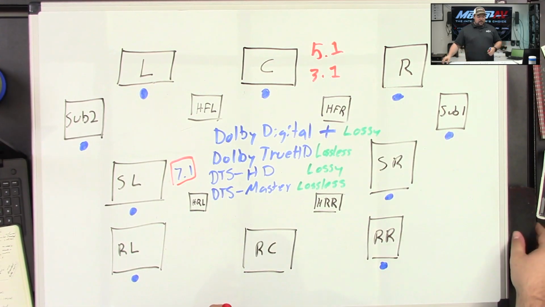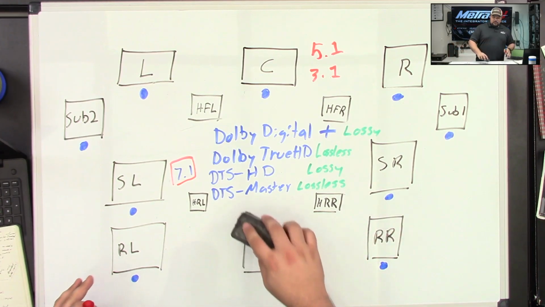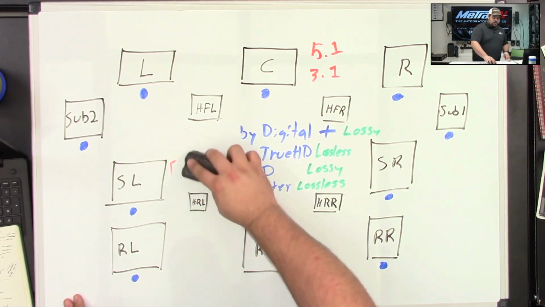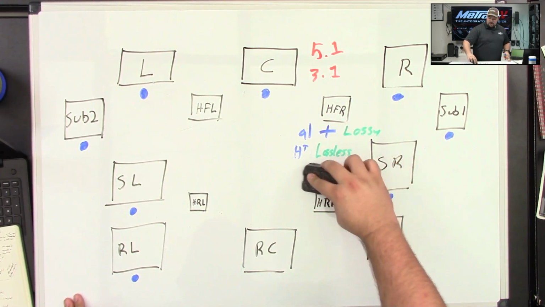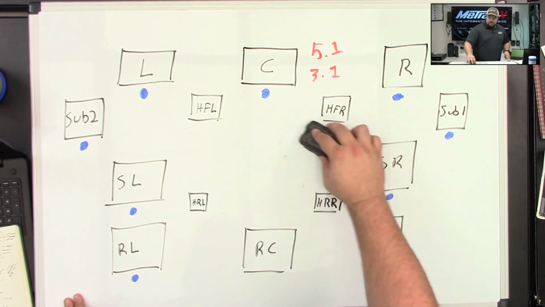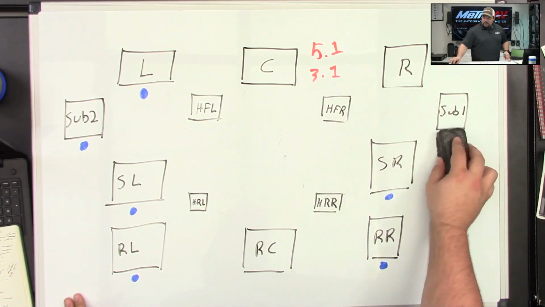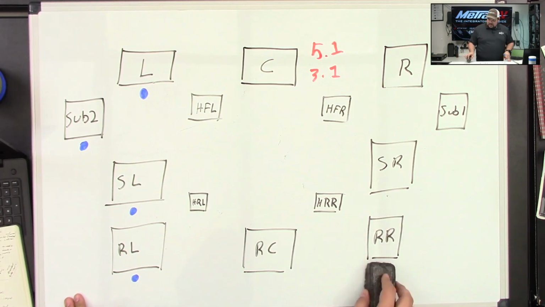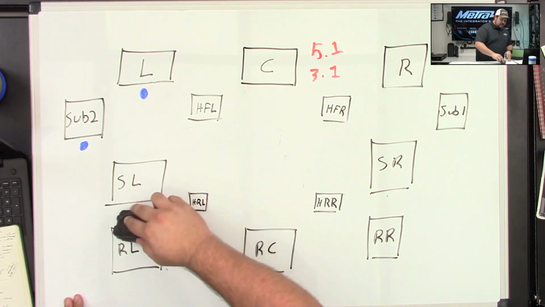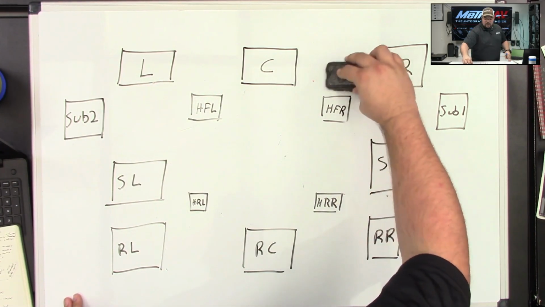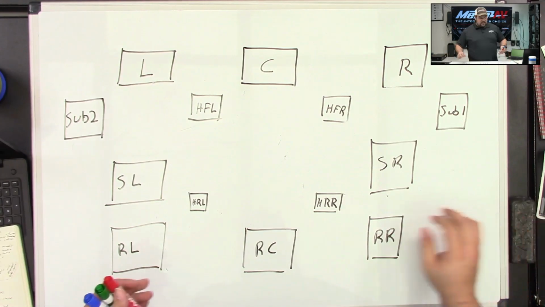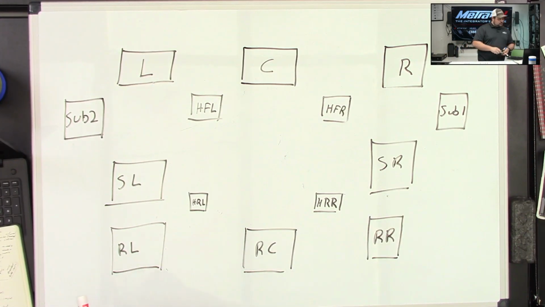Well, that's where we bring in the different mixing systems that are built into your AVR. So what you want to look for is the type of capabilities that your AVR has. Now, in most cases, most AVRs have all of this already, or some kind of equivalent of this in their system. So let's say, for instance, you're given a 5.1 audio source, and you have a 6.1 or even a 7.1 system.